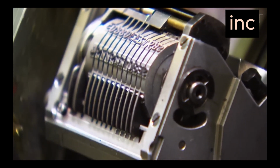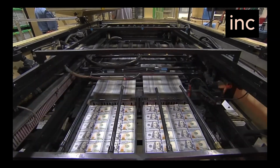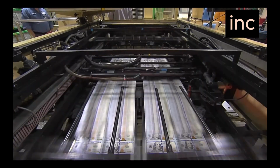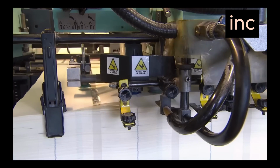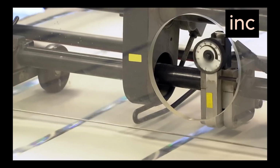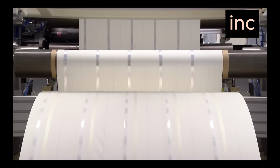Adding security features. One of the most fascinating aspects of the $100 bill is its security features. In addition to the microprinting and color-shifting ink, the $100 bill includes a 3D security ribbon woven into the paper. This ribbon contains images of bells and the number 100 that shift as you tilt the bill. It's a bit like those holographic trading cards you might have collected as a kid, but on a much more